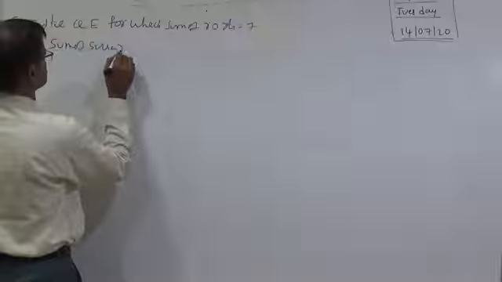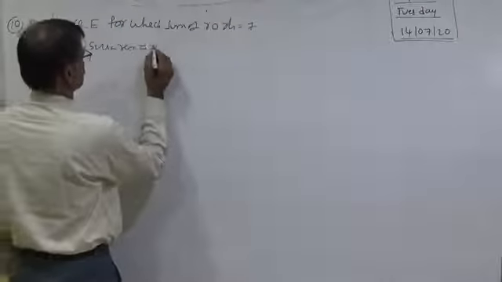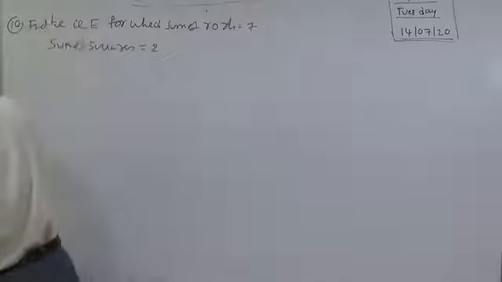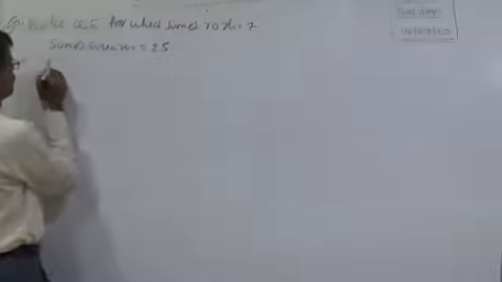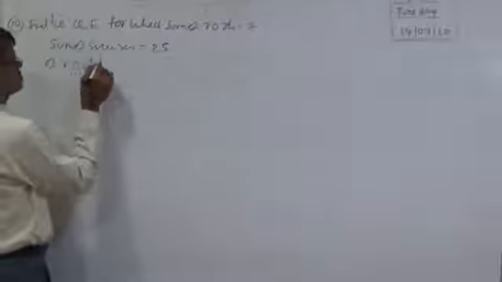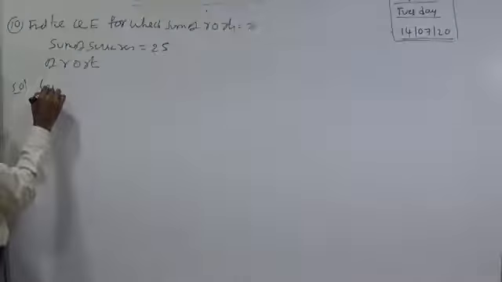Sum of roots is 7 and sum of squares of roots is equal to 25. So the given condition is